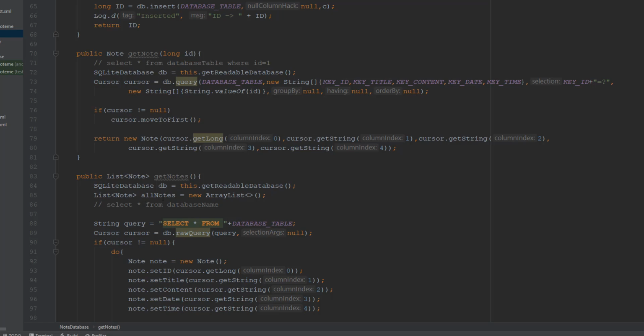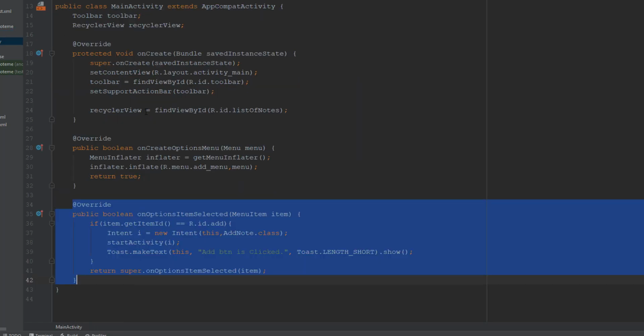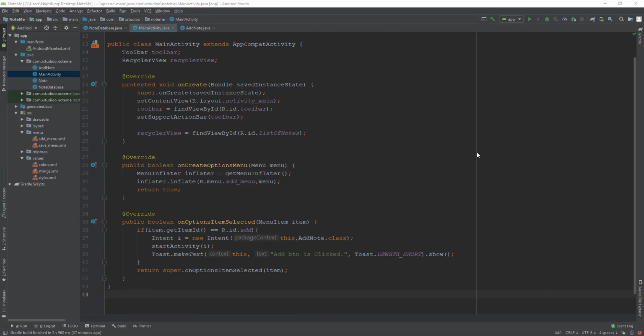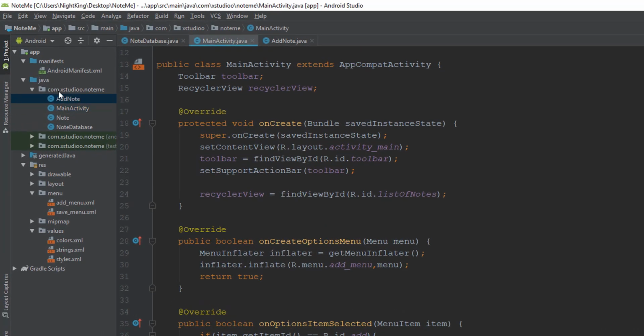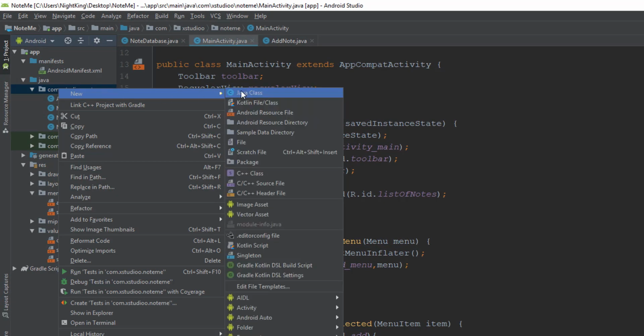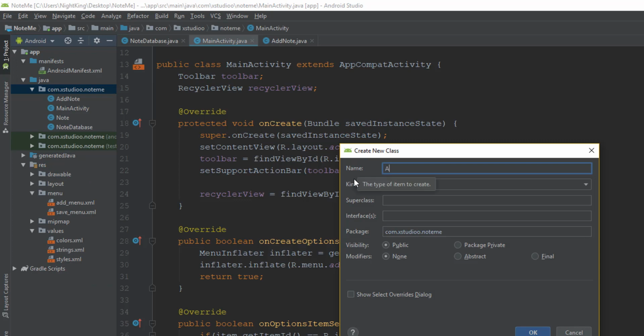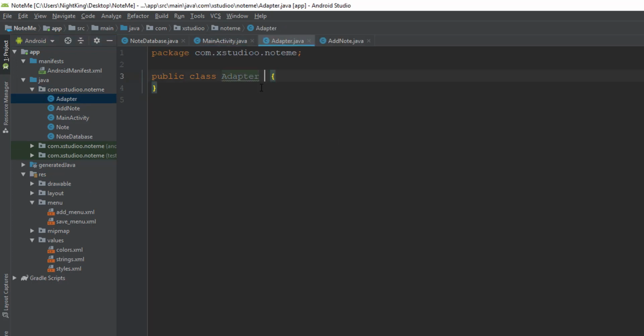Now we can start using this in our main activity to display the data in the recycler view. Now this is finally time to display the data in our recycler view. We'll use the get nodes method to get all the data present in the table, and we'll display that in the recycler view. But our recycler view needs an adapter, so let's create the adapter first. So I'm going to go into my package name and create a new Java class, call it adapter, and our adapter will extend